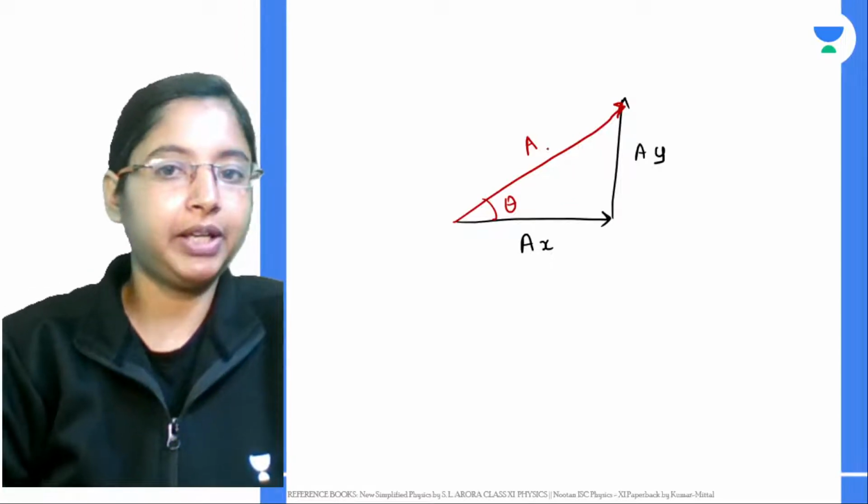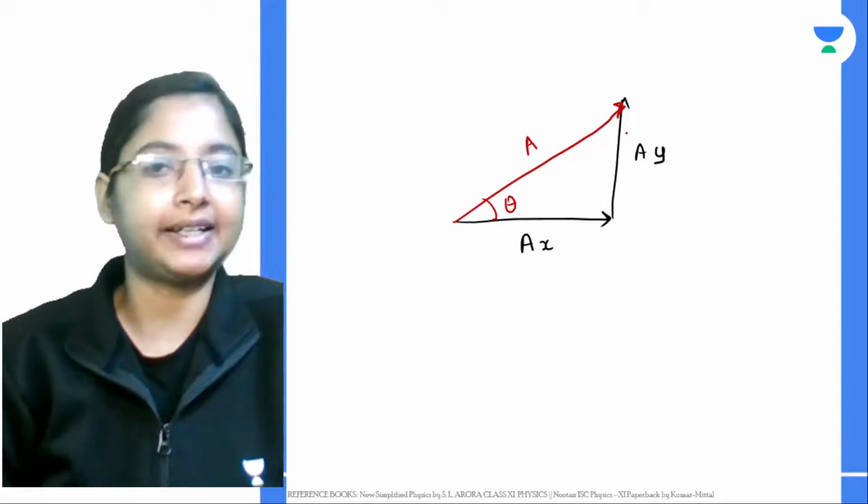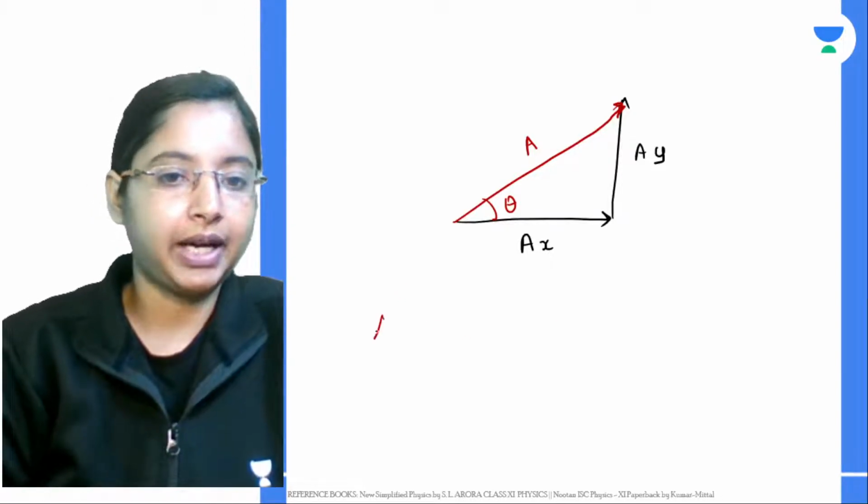So here I can make use of, see, if it's in a triangle, it is basically like a right angle triangle. I can make use of Pythagoras theorem. I can say my hypotenuse square